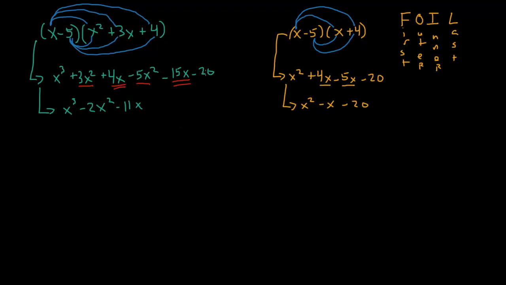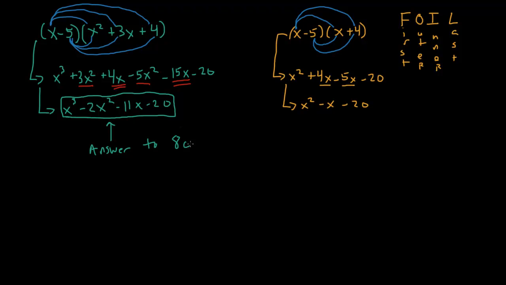And then I have a minus 20, and there's no other constant term. I only have one constant term, so nothing to combine there. And so there is the product of x minus 5 and x squared plus 3x plus 4. That is the answer